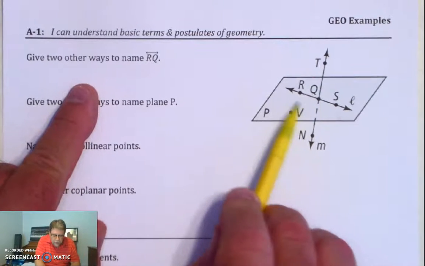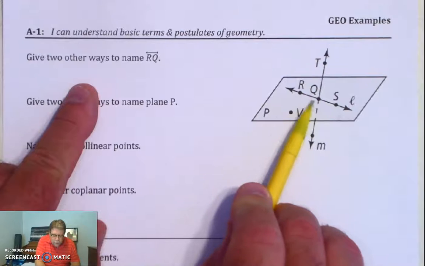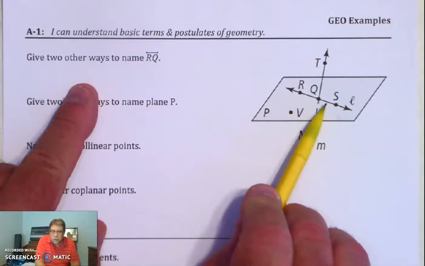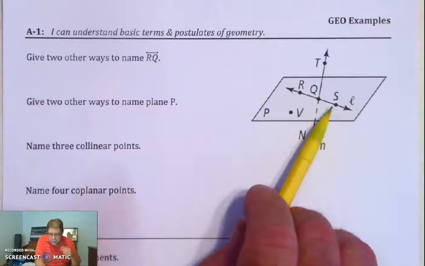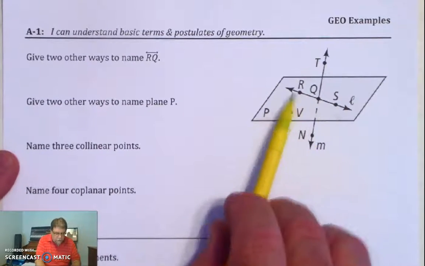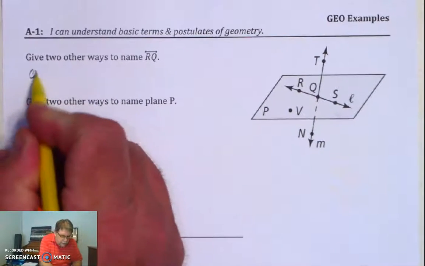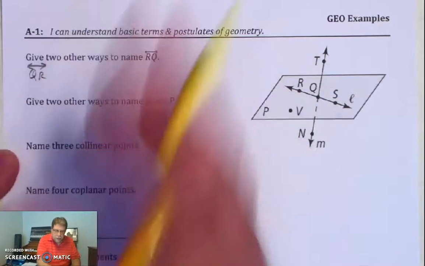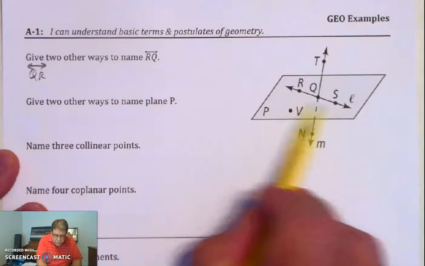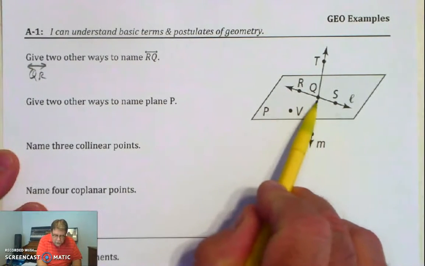Well, if we look here, you'll see there's a line, there's the point R, there's point Q, so there's a line that goes through it. But there's other points. There's a point S on that line as well, so we can name this several different ways. We first of all could just switch this around and name it line QR. Just switch the letters. We also could choose another letter. How about S? We could call it QS